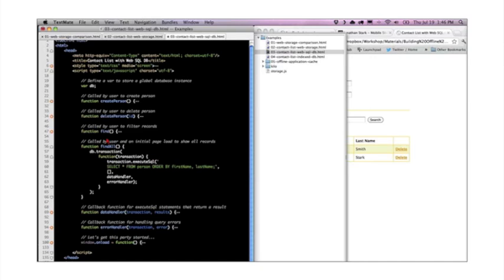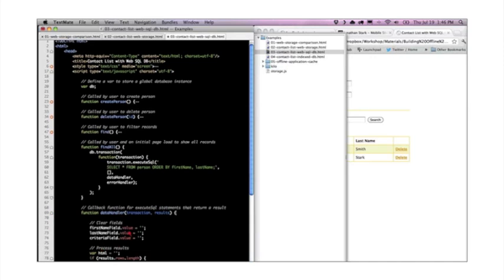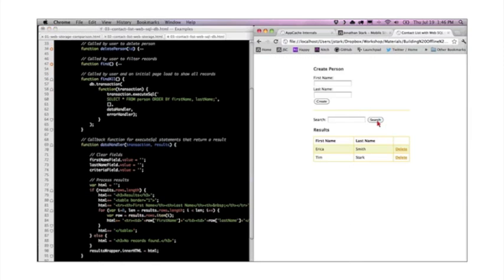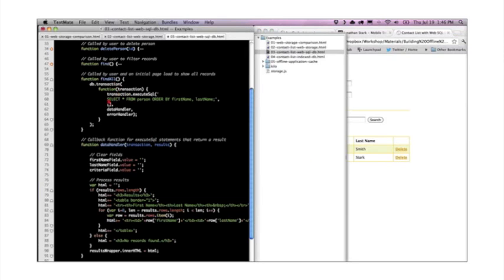So quickly, I'm going to show you what the data handler function does. When you execute a SQL statement that returns values or rows from the database, those rows get passed into the data handler, and the data handler can decide what to do with those. In my example here, when someone does a search for nothing, that basically means find all the records in the database,